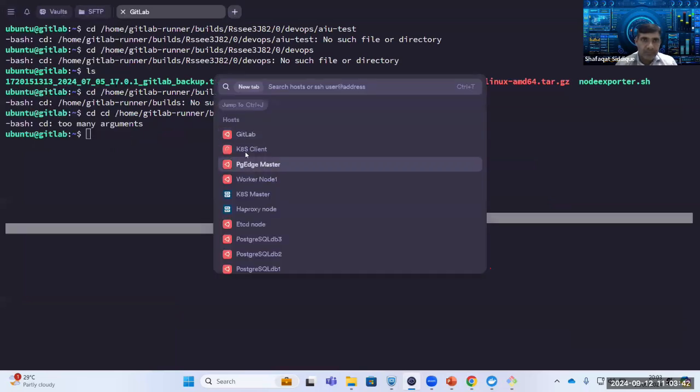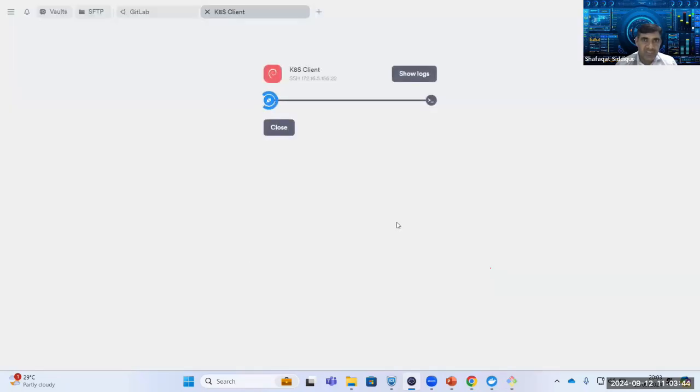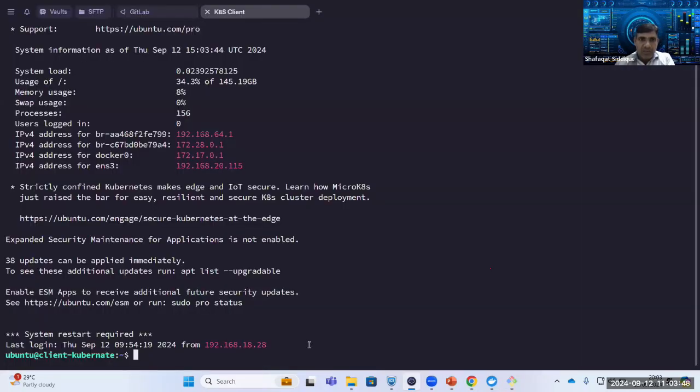This is the Kubernetes client, and if I say docker images,